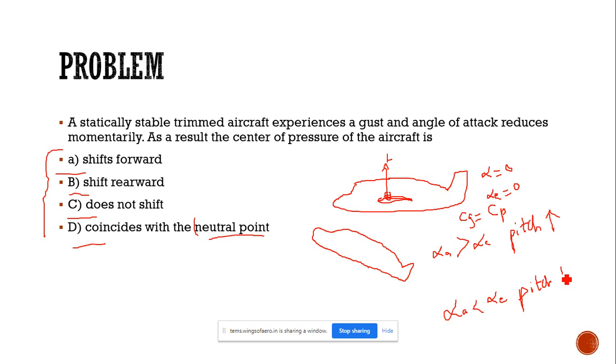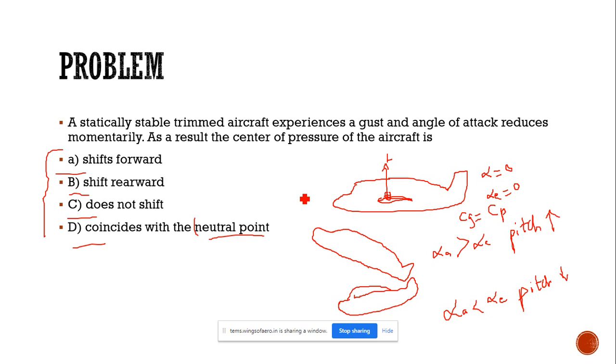Just remember this. So here the aircraft is pitching down. As I told earlier, if an aircraft experiences a gust,